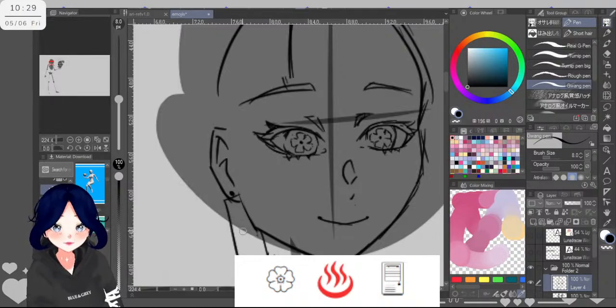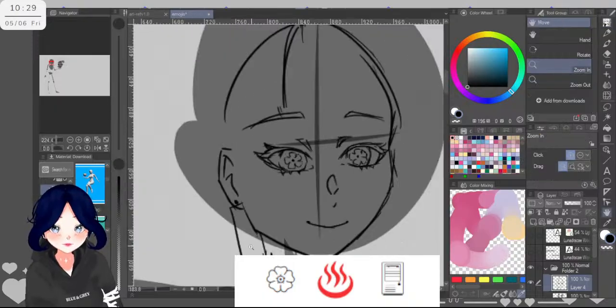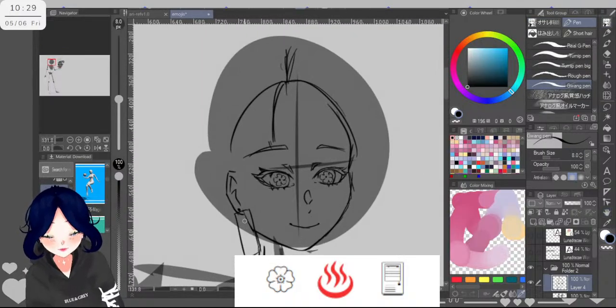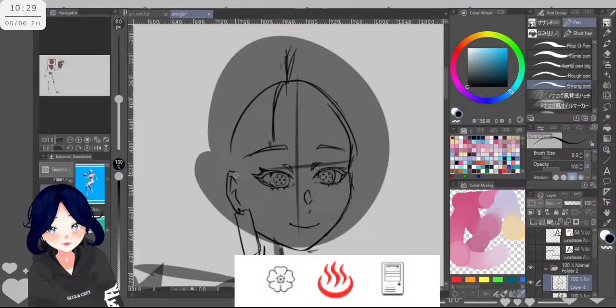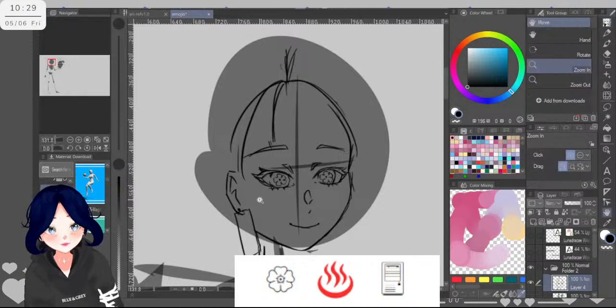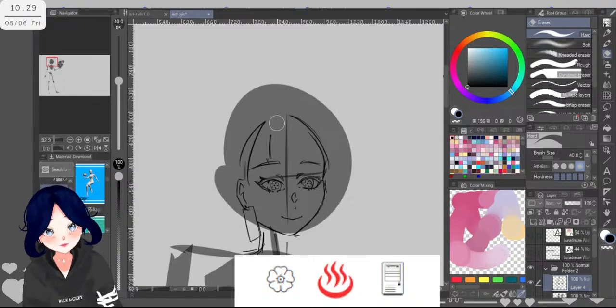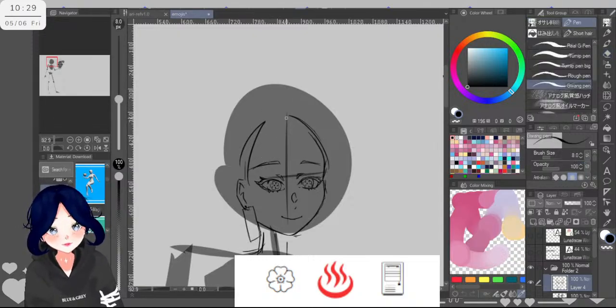Something like that. And this technically should be covering this part of the face. Okay. Now this part is too high, and also the face is looking slightly sideways. So here.